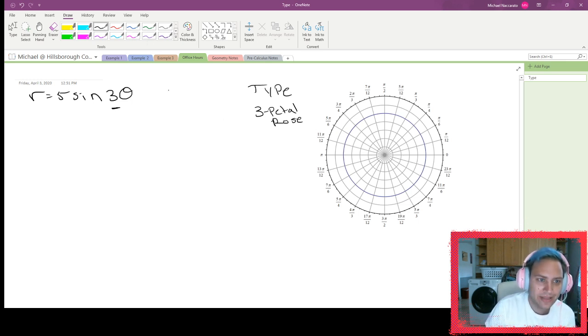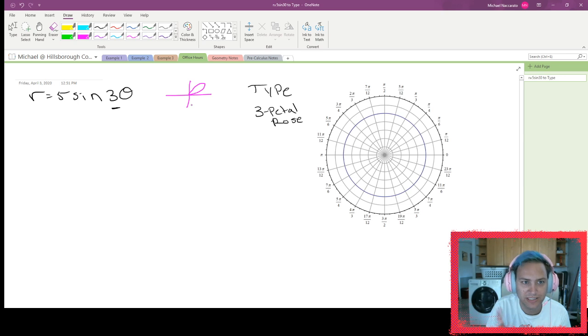Going in then and thinking about that. So let's draw our quick sketch of a graph up here. This is what our expectation is. Now, again, looking through this, and I don't know that I made this as clear as I could on the notes, you'll start to notice that anything that has a sine always starts with its first petal in between quadrant 1 and 2, between 0 and 90, whereas cosines start on the polar axis. So,